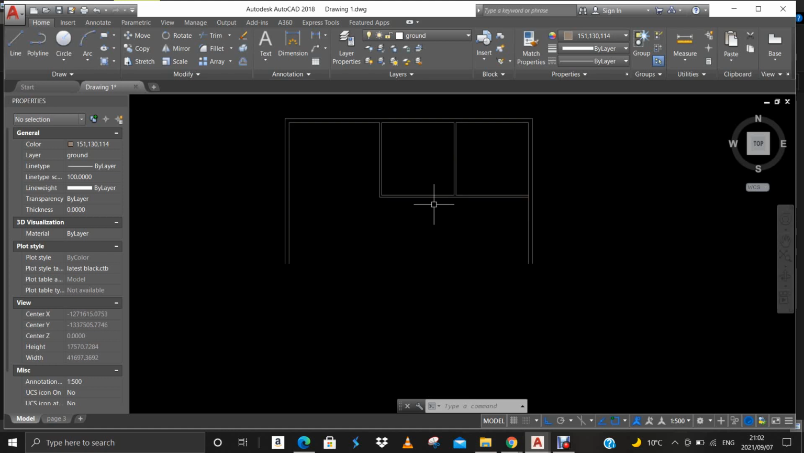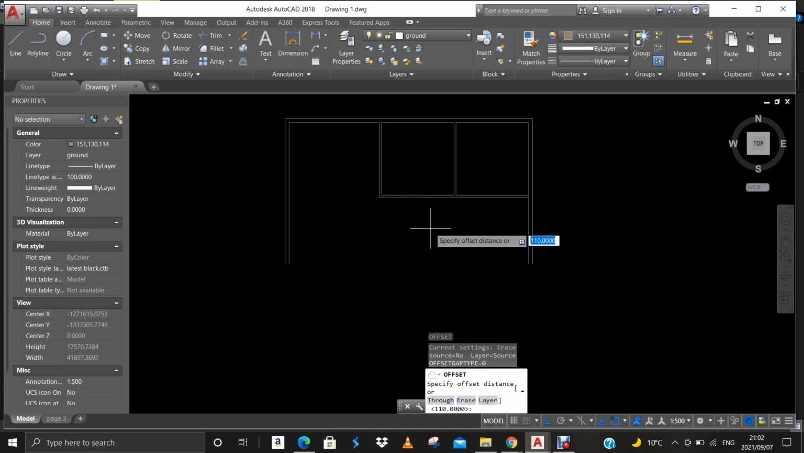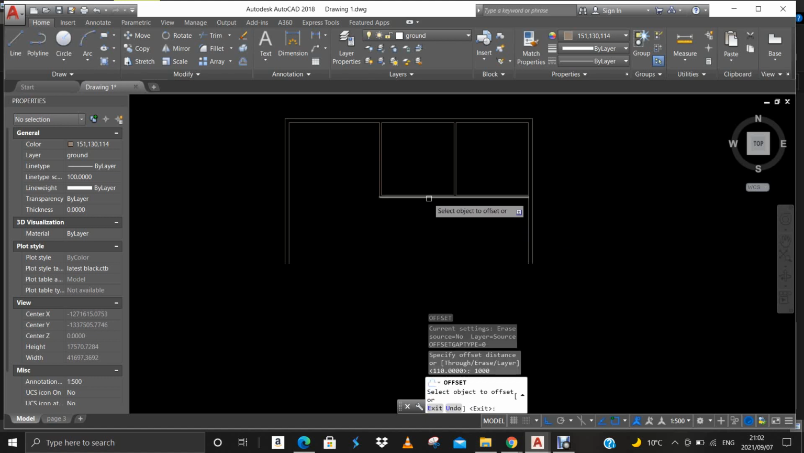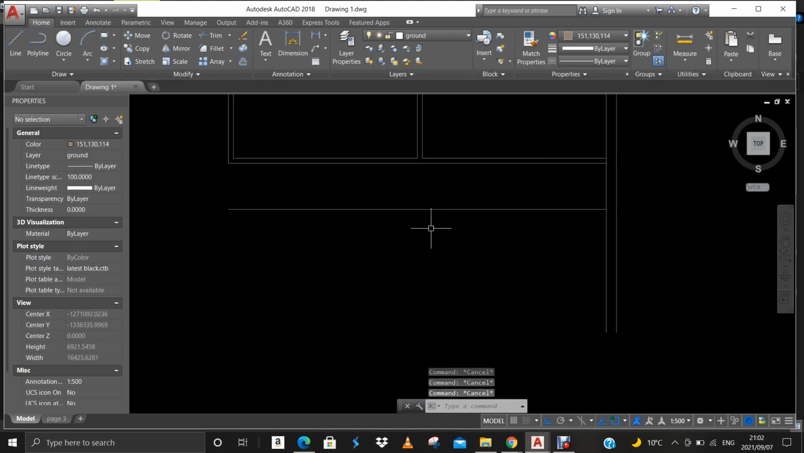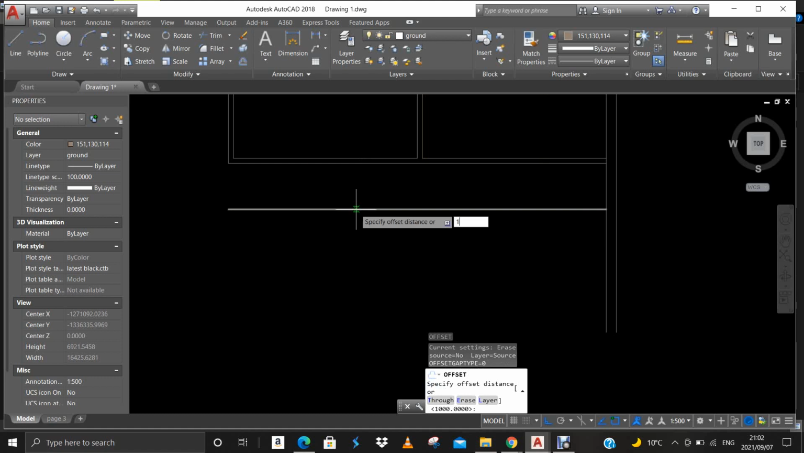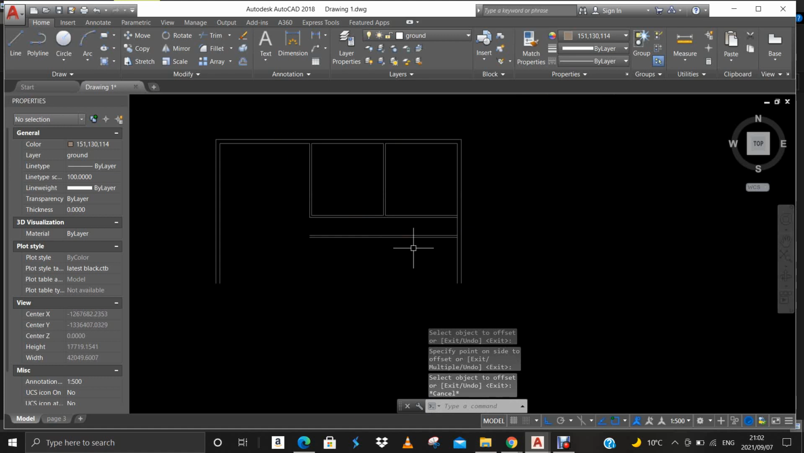But I want to introduce a passage here or a walkway. So I'm gonna go for my space bar, my offset command, sorry, and type 1000. There you go. That's my walkway, and I'm gonna repeat the offset command and then internal wall. There, now my walkway is complete, but I want to add a small bathroom here,